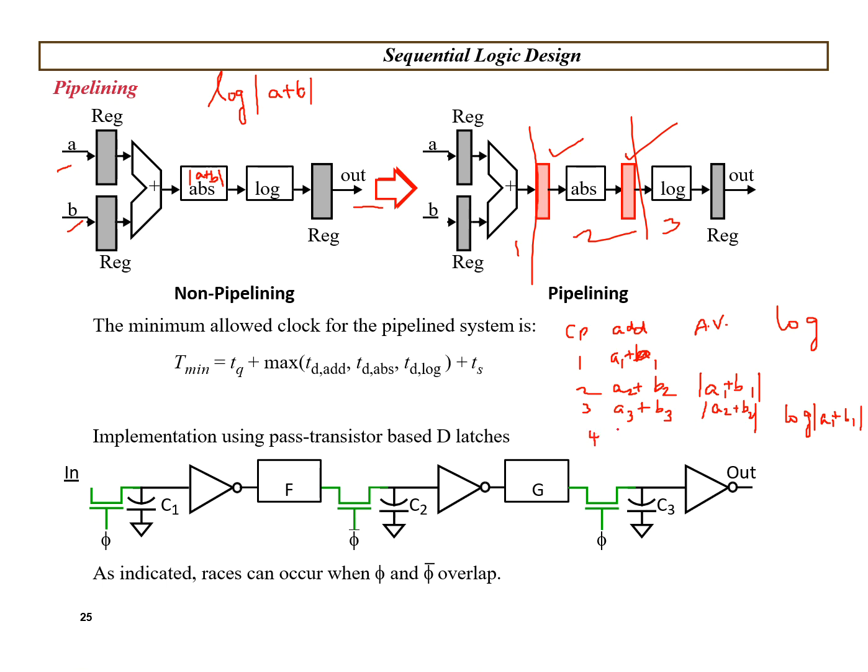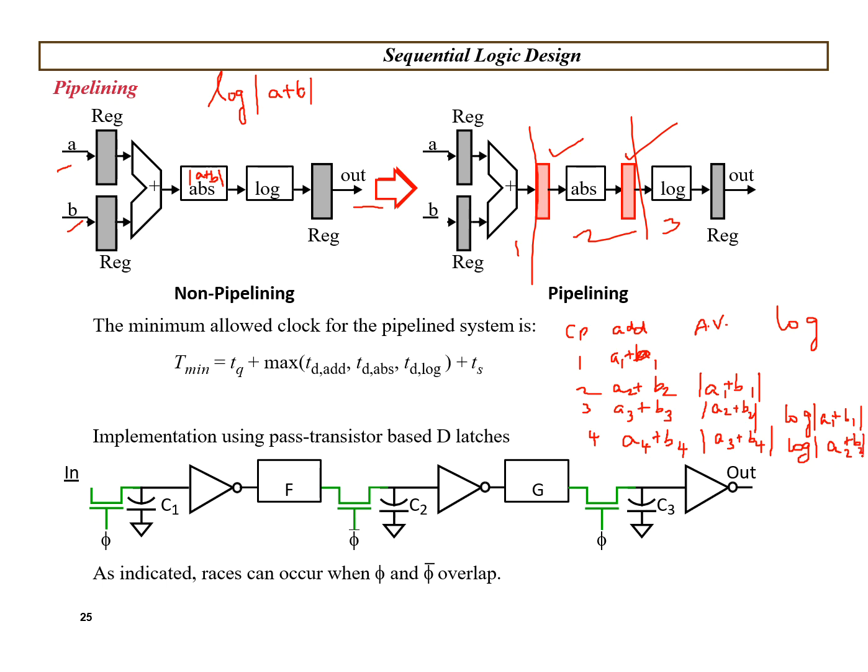During the fourth clock period, I can give my fourth input and perform the addition operation. Hence A4 plus B4 can be performed during my fourth clock period, and the absolute value performed is for A3 plus B3 during the same fourth clock period. Then the log operation for the second input is performed. To get my second output, I need only 4 clock periods. This is how the pipelining works.